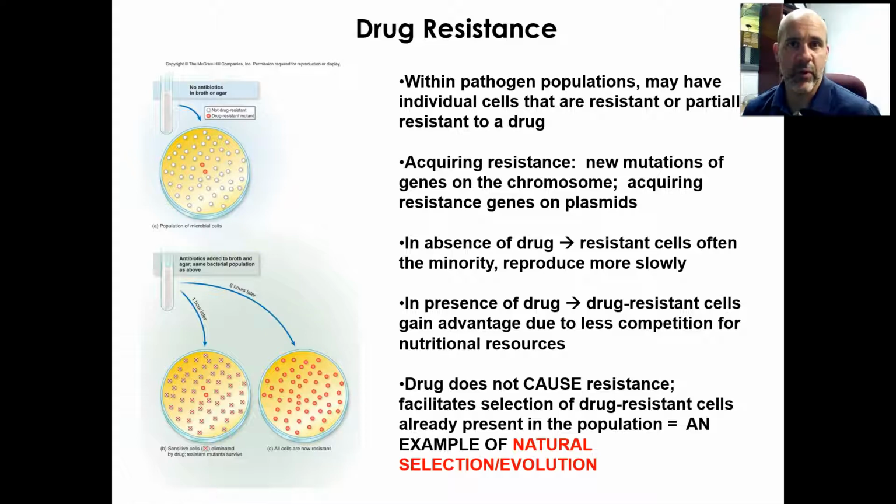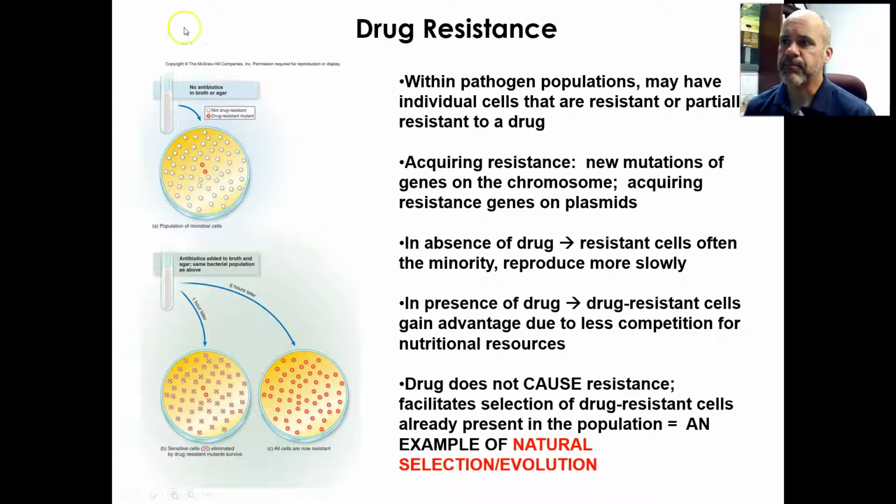And so back in chapter 8, we learned about how mutations can occur spontaneously, where you just have an improper nucleotide base incorporated into DNA during DNA replication. Then there are things that can induce mutations, but then don't forget those horizontal gene transfer methods that we learned about as well, like conjugation and transformation and transduction. So there are different ways that this diversity can occur, where you have a population of an organism where everybody's sensitive to a drug. The drug will kill you, but then within that population you will at times have resistant